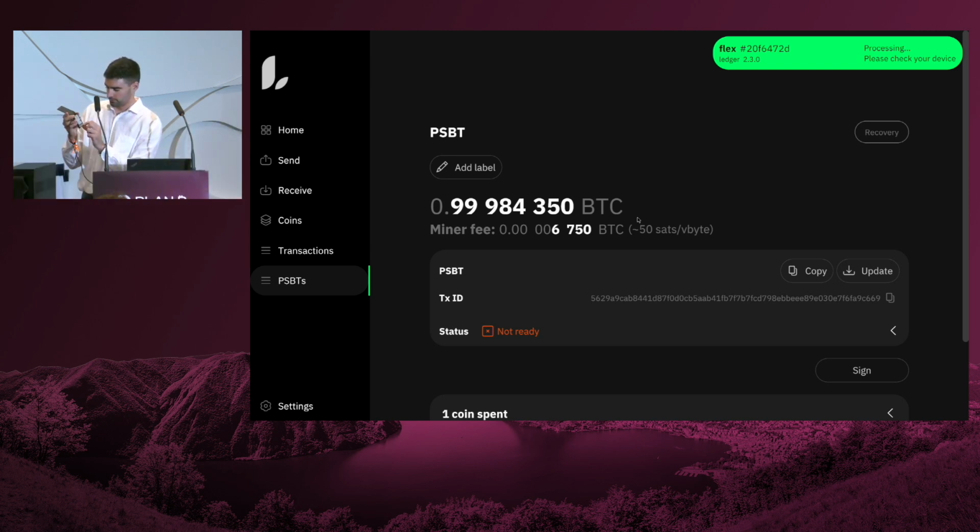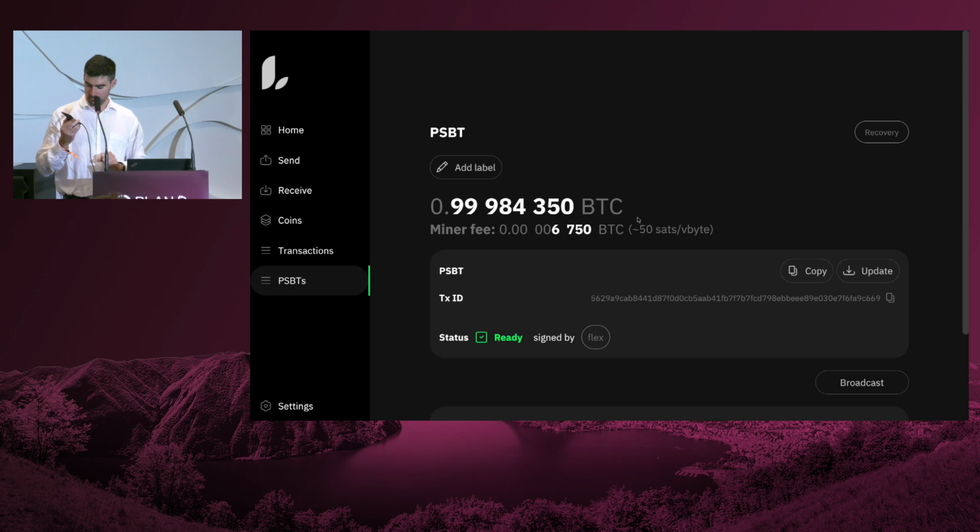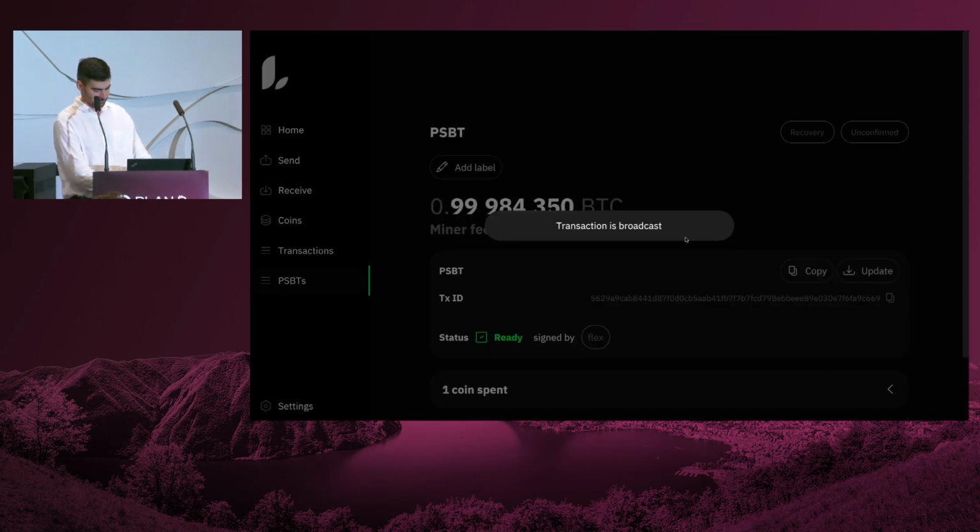I just move and hold to sign. It is being processed, and the transaction is signed and has been sent back to Liana, which is ready to broadcast. We just have to click here, broadcast, and we need to simulate the blockchain again.